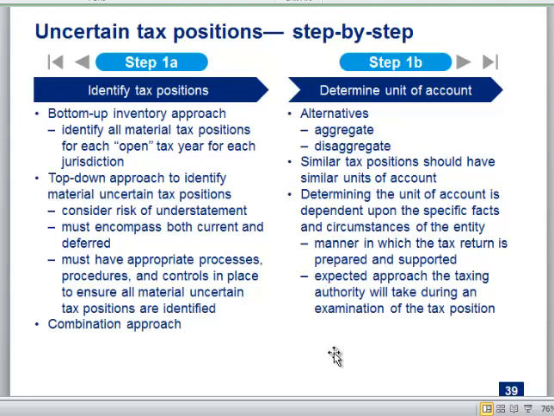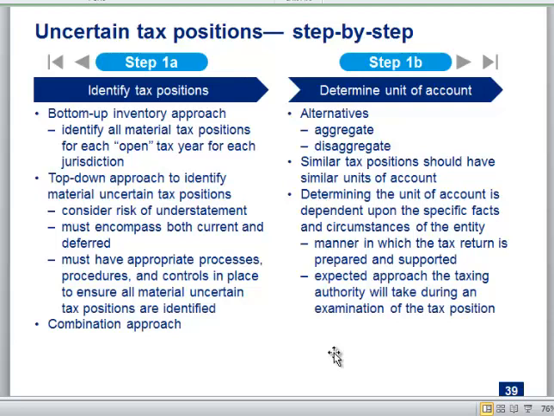And so in theory, the population of positions you're supposed to analyze is broad. Right? My transfer pricing is kind of judgmental. My R&D credit is definitely up for debate. I took a deduction for this thing that might be lobbying. I didn't file a state tax return because I didn't feel like it. There's a lot of things companies do that they can be second guessed from an exposure perspective. And the theory of FIN 48 is you're supposed to evaluate all of them.